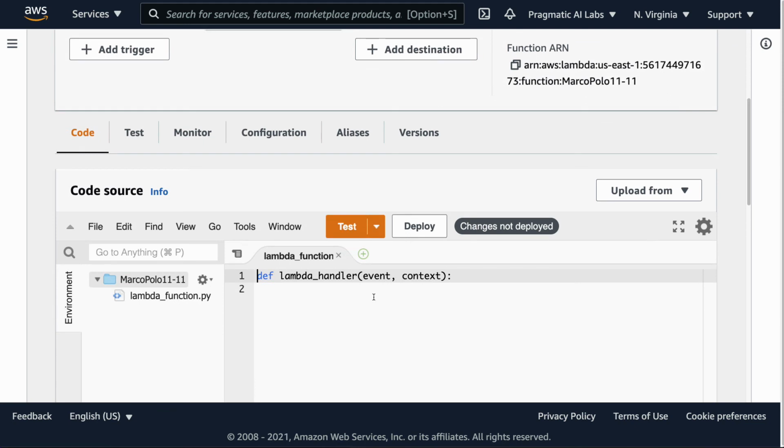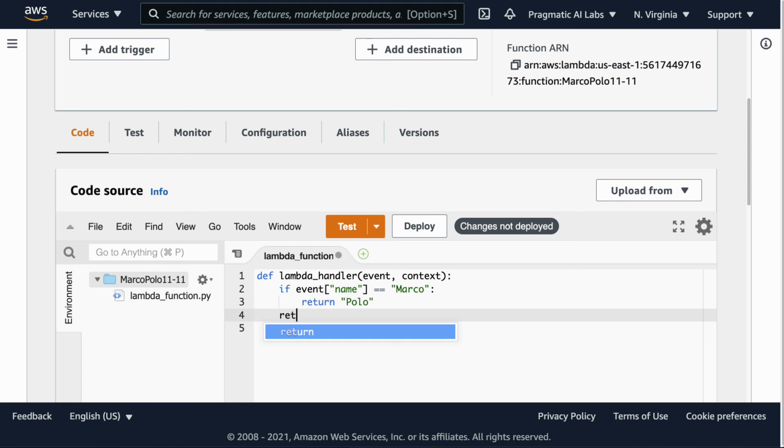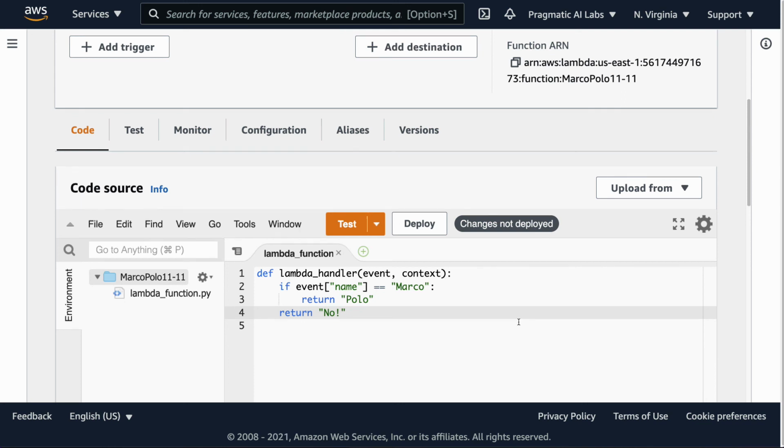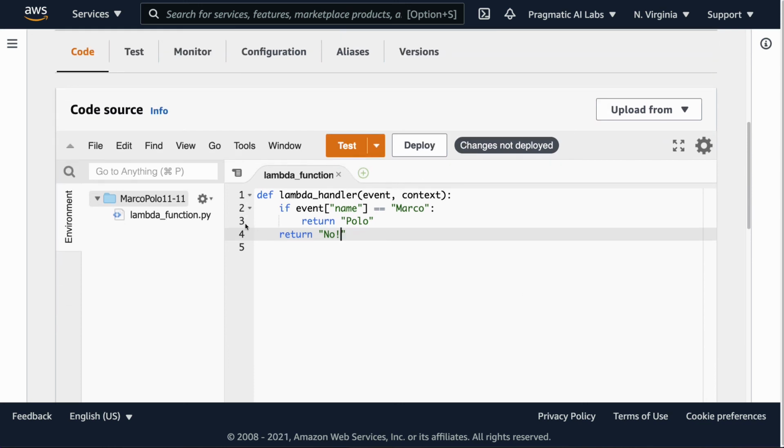In my case, I'm going to build a very, very simple event and just manually call it. So I'm going to say this. I'm going to say if event, and this is a dictionary syntax, if the event name is equal to Marco, then let's go back and let's return back Polo, right? Just like the game you play when you're a kid. Otherwise, return back just no. That's it. So really, really simple, right? There's almost no code involved here, except for this is the entire logic. It's 3 lines of code here. We're going to say if the name appears Marco, return back Polo, otherwise no.